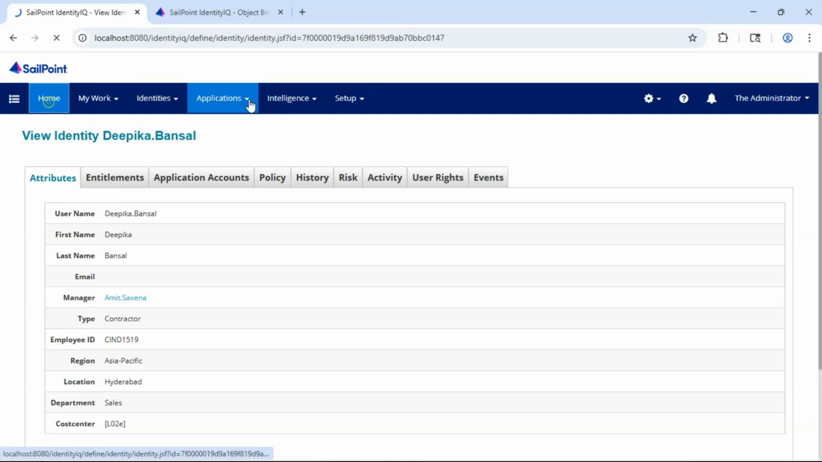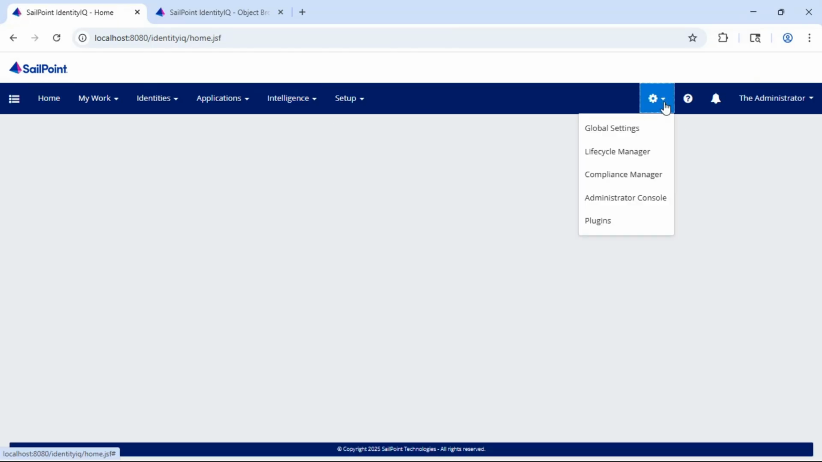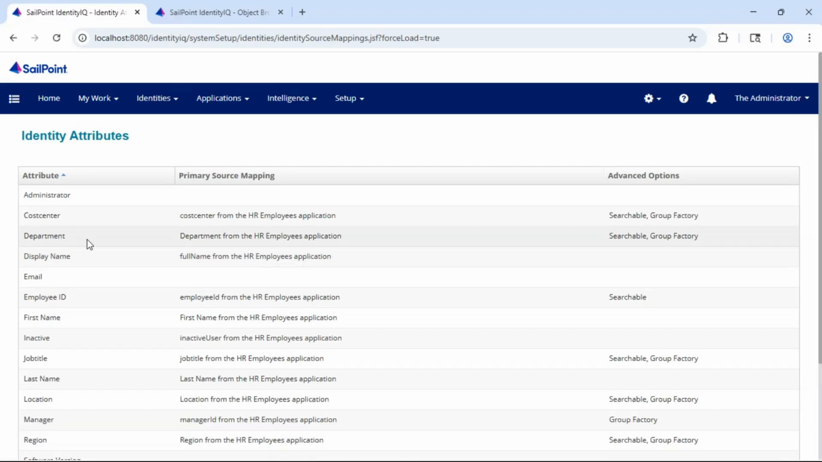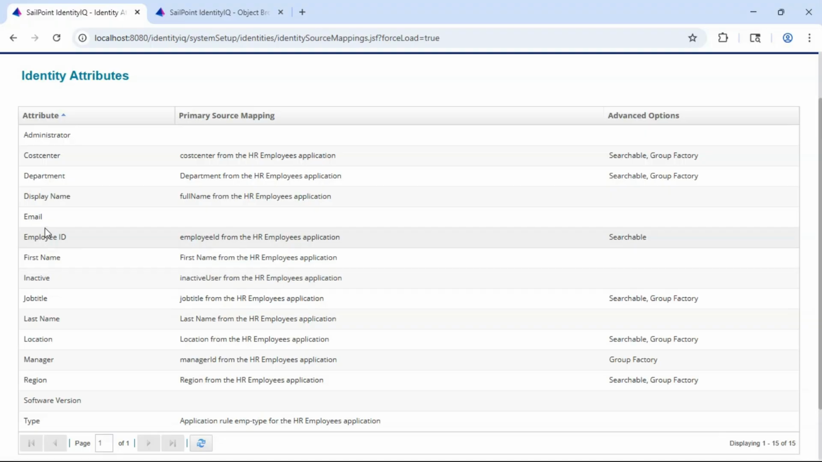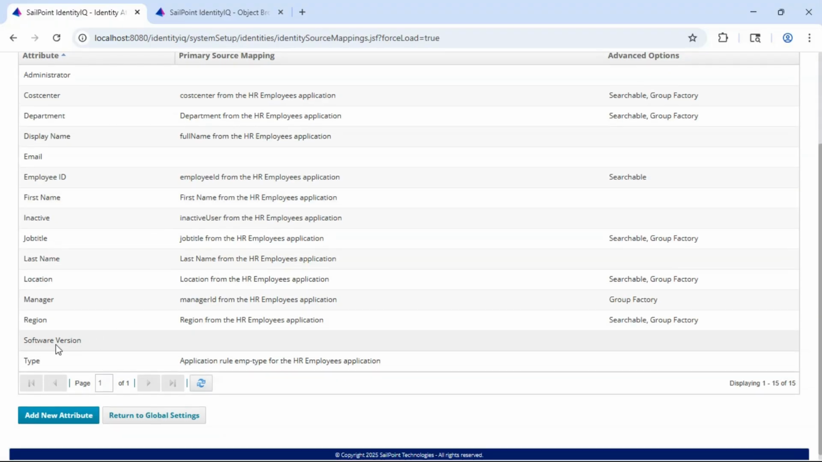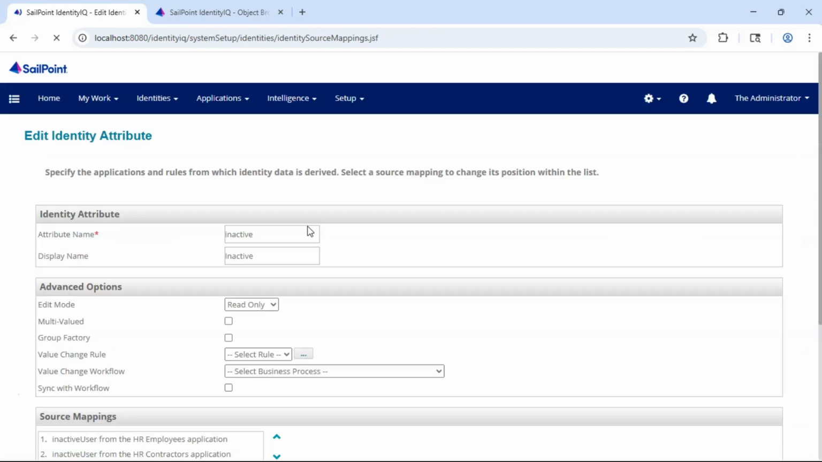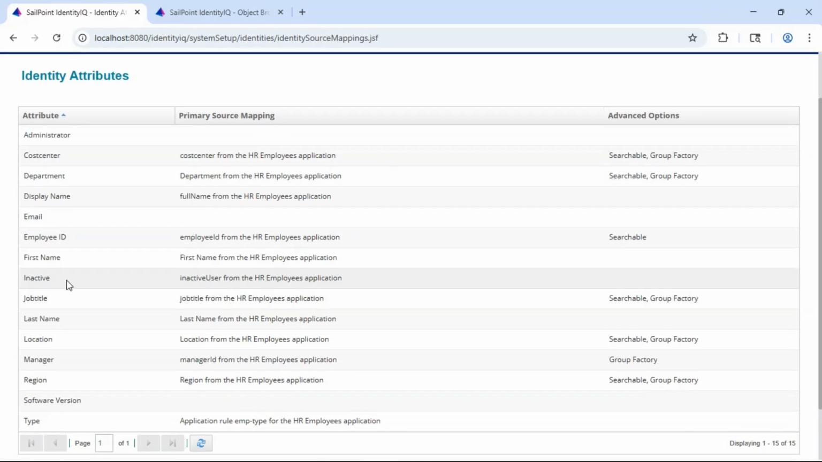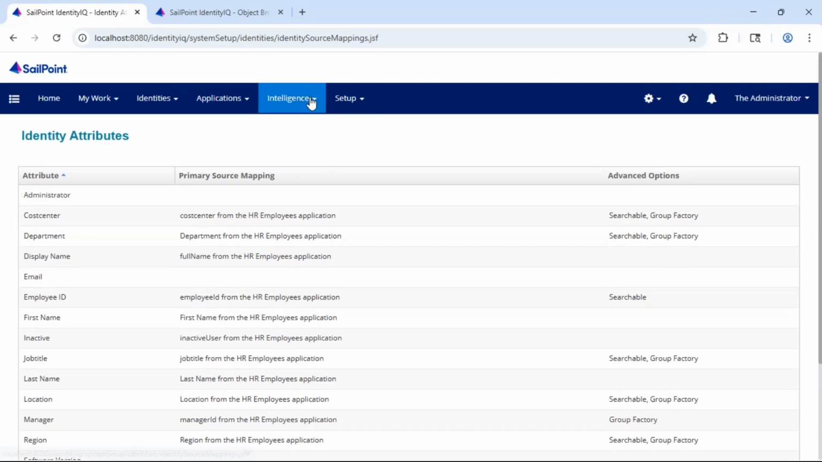Next, what we'll be doing here is we need to make sure all the identity mappings are successfully done without leaving anything except the email administrator and software version. These three are not required. So this inactive is also important. You can click on it and add sources from the HR employees and HR contractors. So why I am focusing on this inactive identity attribute is because it will be helpful for filtering and searching